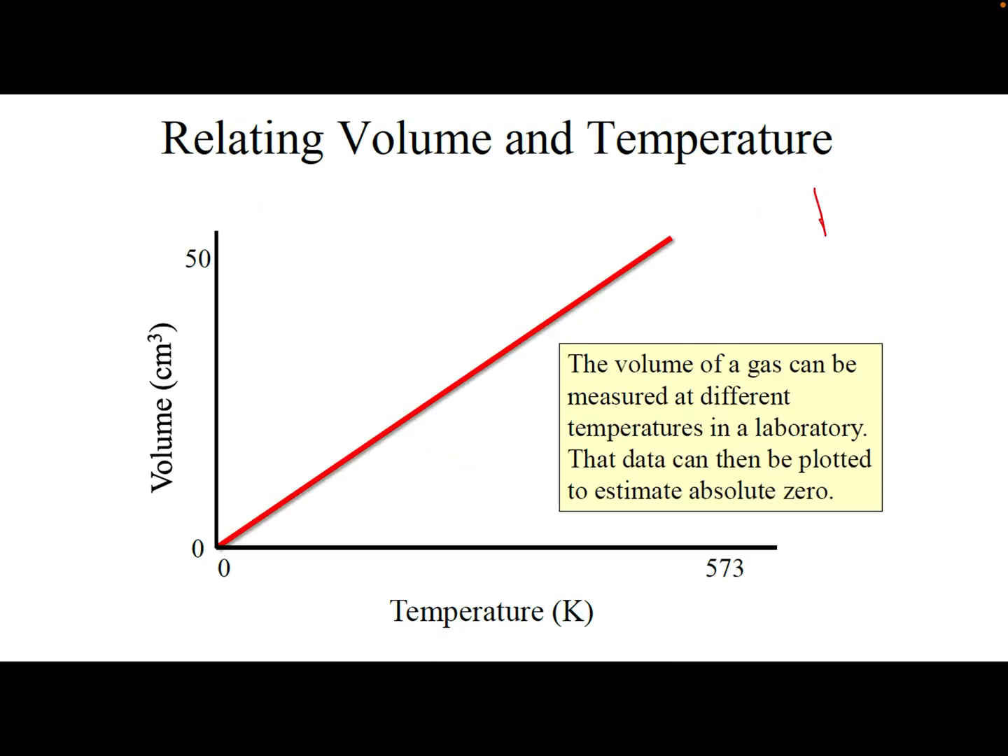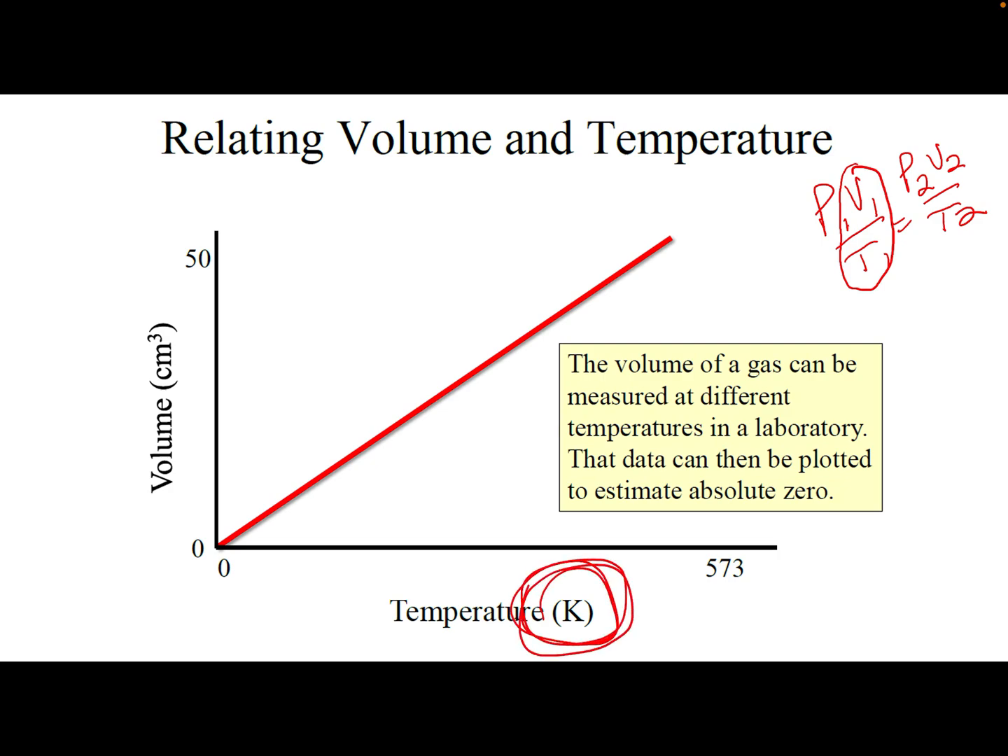If we look at volume and temperature, again, P1 V1 over T1 equals P2 V2 over T2. So volume and temperature, if one is on top of the other, then that is a direct relationship. So when one goes up, the other goes up. When one goes down, the other goes down. The important thing to remember about temperature is that it must